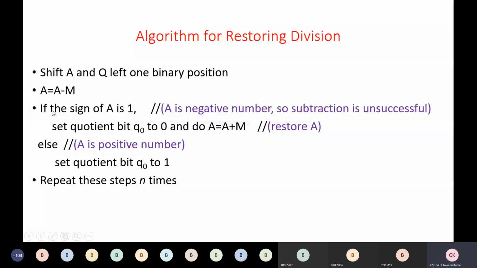In our example we took decimal numbers, and there we have minus 11, so it is a negative number. So what we are doing here is A is equal to A plus M. That restore operation we are doing to bring back the 2. Next we set the quotient Q0 bit to 0. The other condition: suppose A has plus 11 instead of minus 11, some positive number, then we do not do the restore operation, we just set the Q0 bit to 1. So whether negative or positive, we set the Q0 bit to 0 or 1, because computers operate only on binary numbers.